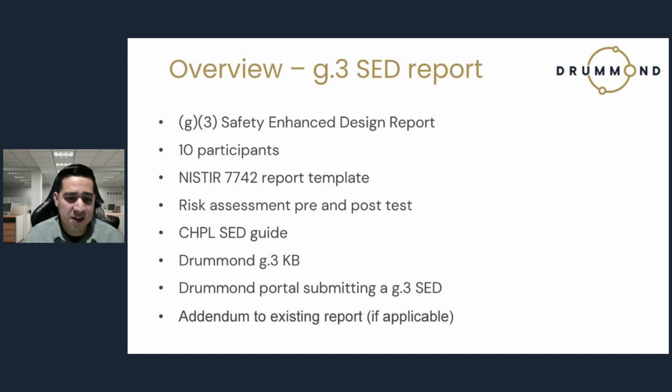Conducting the usability testing, and then post assessment, you could review all the tasks that the participant tested on to see what ultimately poses a risk. It's good to have both because preconceived ideas may or may not actually be borne out as you're conducting the usability testing. As I alluded to earlier, all the information in the NIST 7742 report would need to be publicly